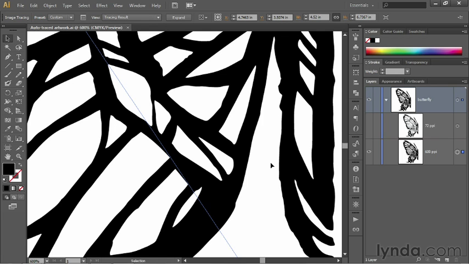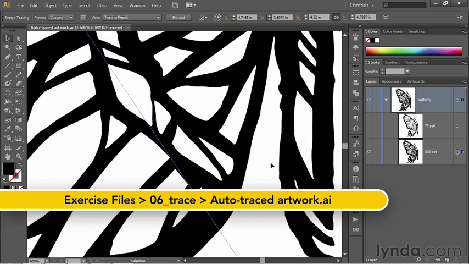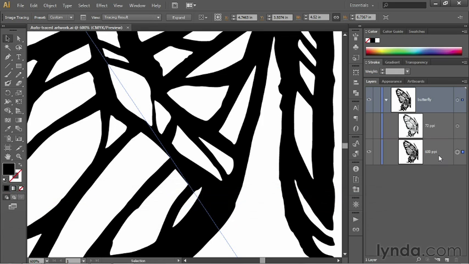In this movie, I'll show you how to convert your traced artwork into editable path outlines, and then I'll show you how to simplify the results. Notice that the 600 ppi version of the scan is selected at the moment. As soon as I convert the scan to path outlines, I lose the image and the auto scan and everything